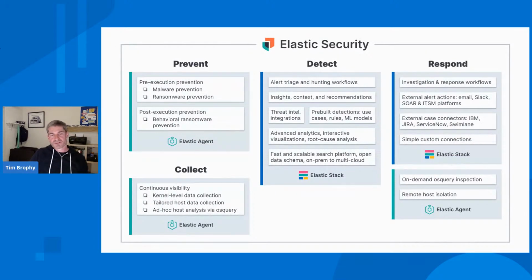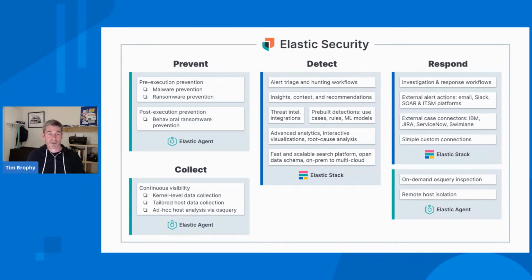Again, just to go back to the different phases of an attack, or the different phases of how security platforms work, we have prevent, collect, detect, and respond. From the prevention point of view, like we said, malware prevention, ransomware prevention. We can also do post-execution prevention, right? So pre-execution is what's happening on the host. Can I pick up an issue? And if I do, I'll fire an alarm. Then post-execution is, am I getting data into the platform? Let me analyze that data across a huge data set